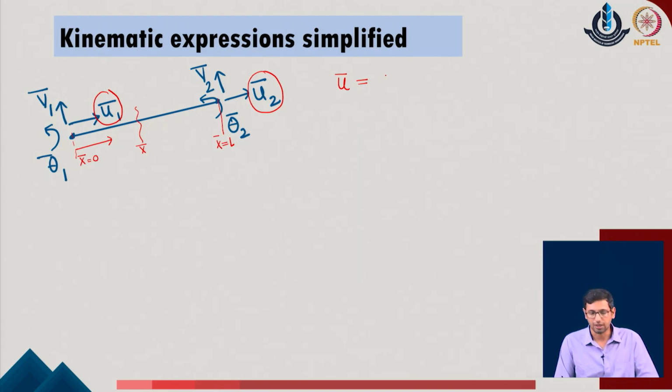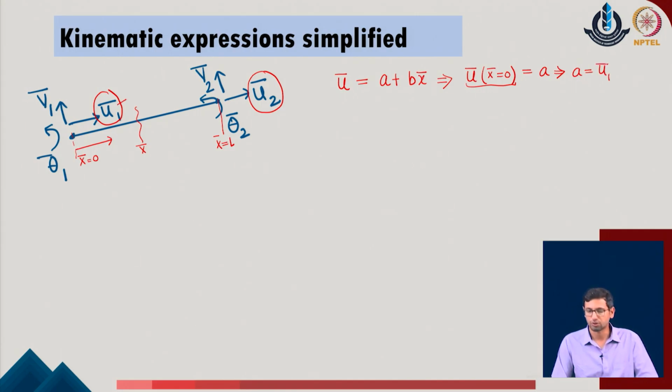So, using this idea, I can write the standard form of the equation as a plus b of x bar in the given system, which means that if I consider that u bar at the value of x bar equal to 0, it will give me a, which is the value of the u at x bar equal to 0, and that value is u 1 in the given system.